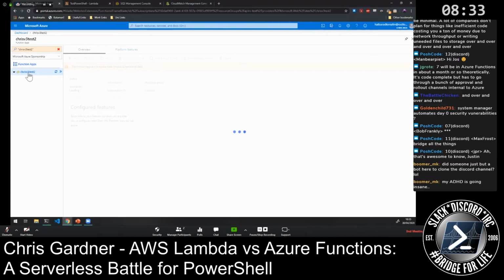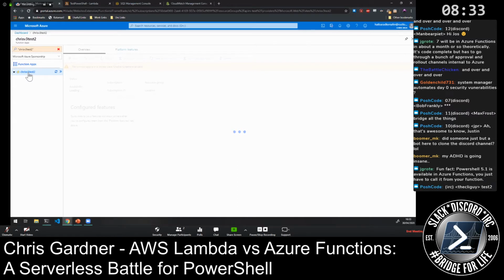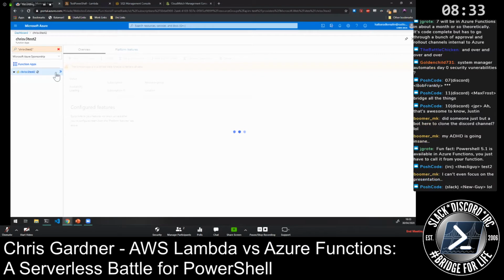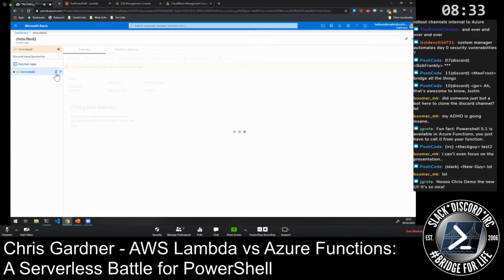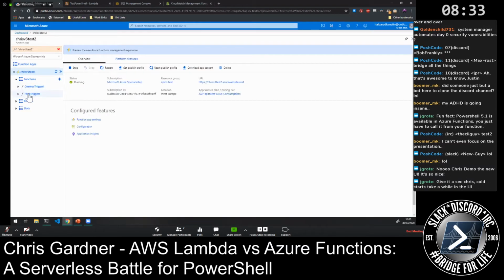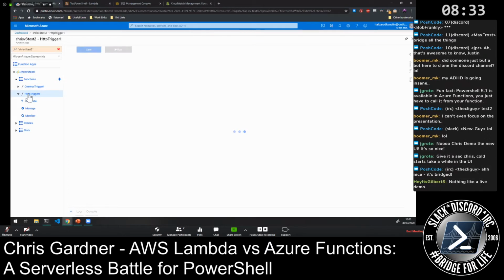PowerShell Azure Functions are supported in 2 versions of Azure Functions, version 2 and version 3. Generally, you want to be on the latest version of stuff. So version 3 has been around for a little while, and I believe it's GA now. So you should probably be using that. And this is going to die on me, isn't it? Let's do the old refresh the page thing. There we go. So I've got an HTTP trigger here, and it's pretty straightforward.